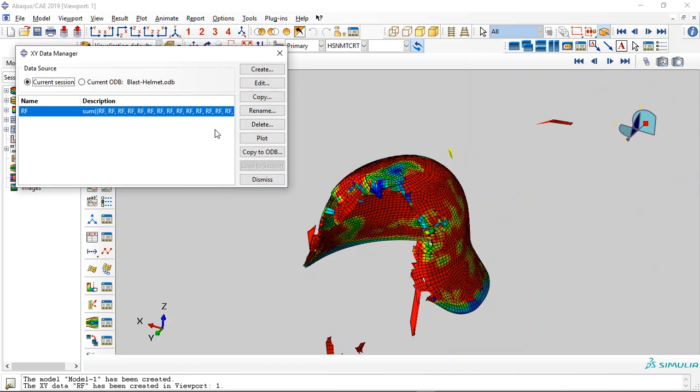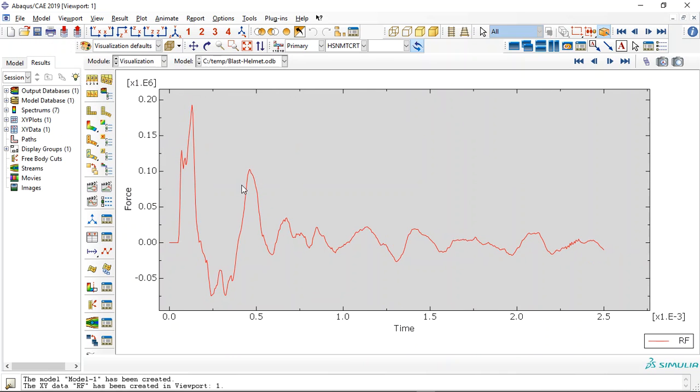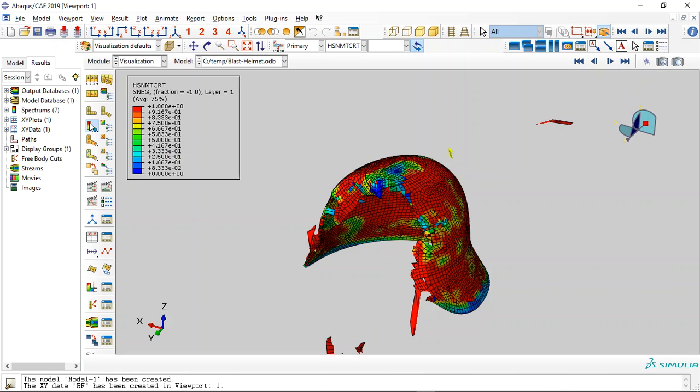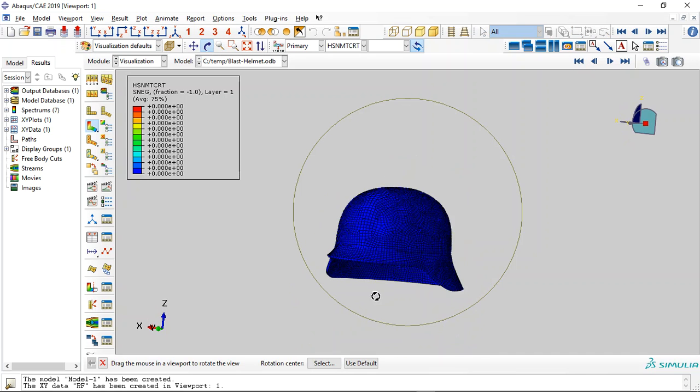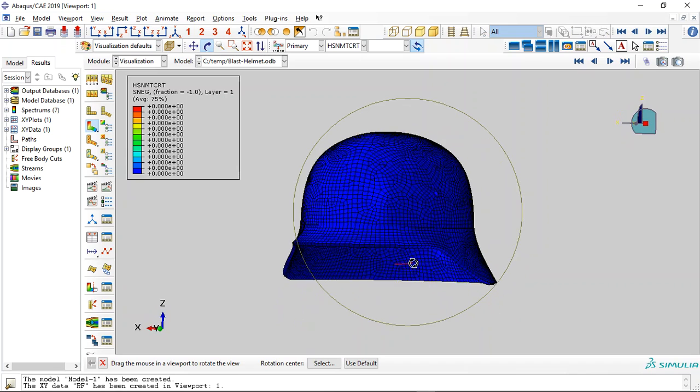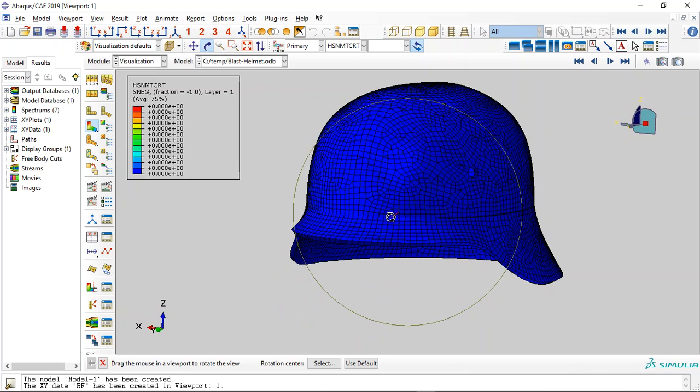And also the reaction force, we can plot it here. This is the reaction force, the huge amount of the reaction force during the blast explosion. So if you need to model the military helmet here, which is made by CFRP composite material under the blast